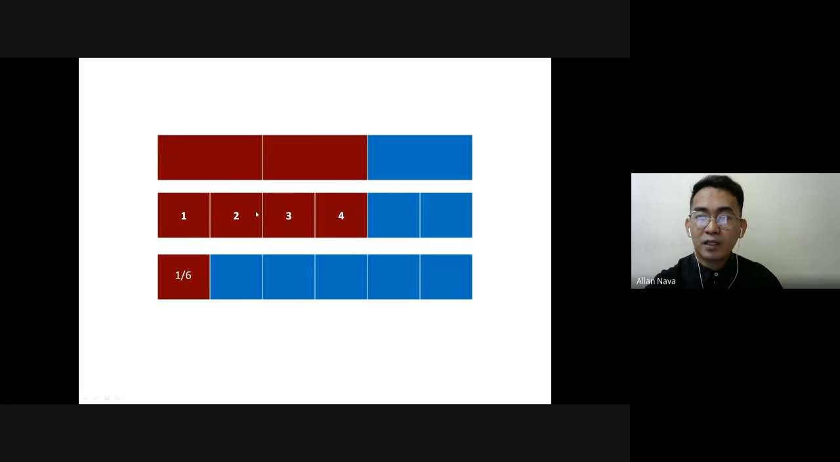So kung hahatiin sa 4, so kung titinan yung the whole figure, magiging ilang parts na siya? Yes, naging 6 parts. Pero doon lang kayo mag-focus sa two-thirds na part. So naging 4 siya, di ba? So tigi ilan yun? Bawat isa. Okay? So since we are looking for